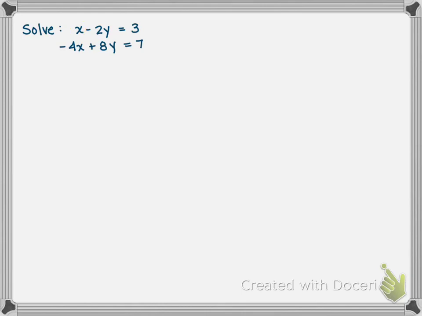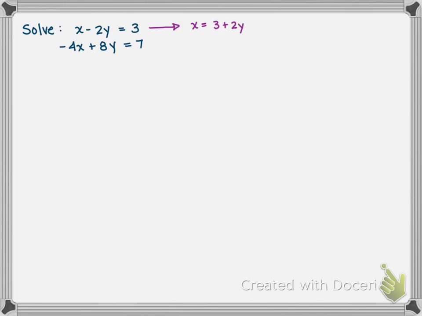So if we solve for x here, we don't get a bunch of fractions to have to plug in and deal with. It's not that it's wrong to do it another way, so you can solve either one of the equations for either one of the variables, but if you can make your life easier, it's always a nice idea to do it. So we get x equals 3 plus 2y,